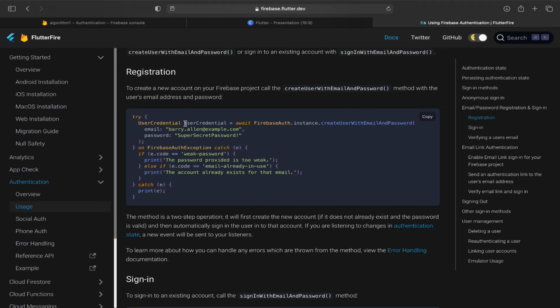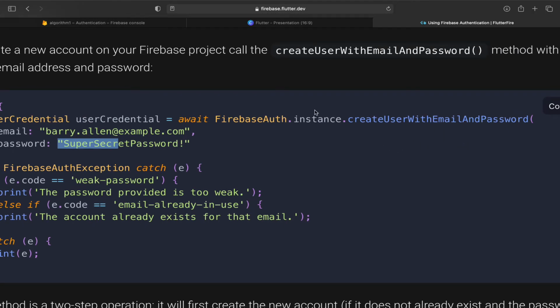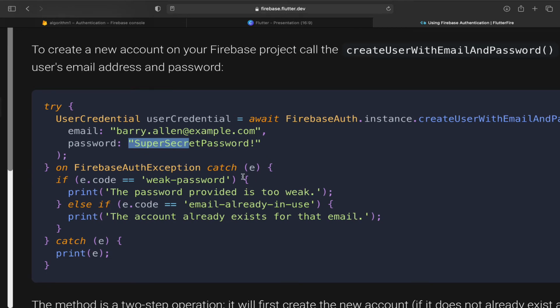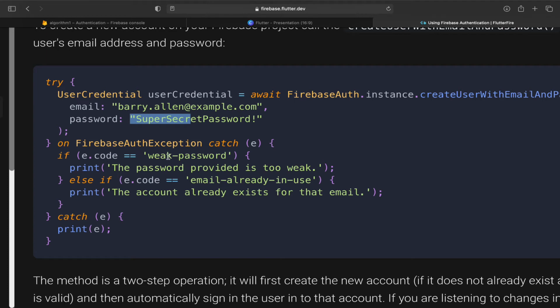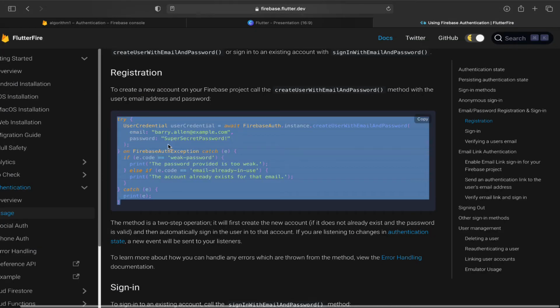They have beautifully given this code for signing up the user. You just need to understand what is happening. I'm going to provide this function the email and the password. These are static values, but I'm going to provide what my form will be returning. It is going to create a user with email and password, and when the user is created, it gives me the user credentials, right? Next, if the user has entered a weak password, then the password is too weak error code is handled. So let me copy this function. I hope it is clear, right?